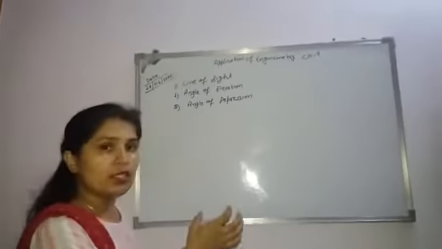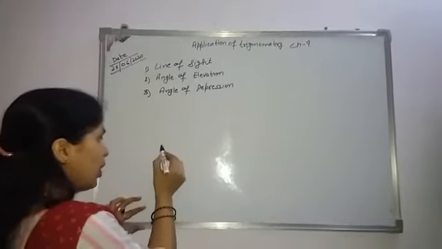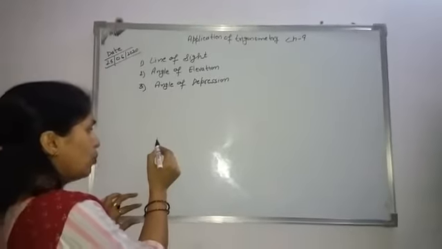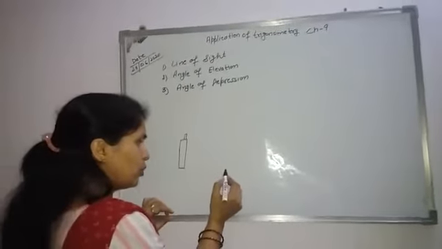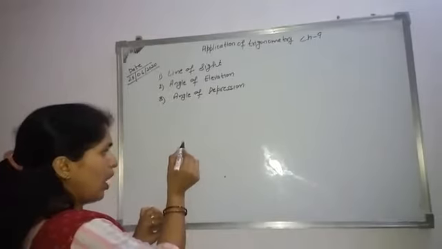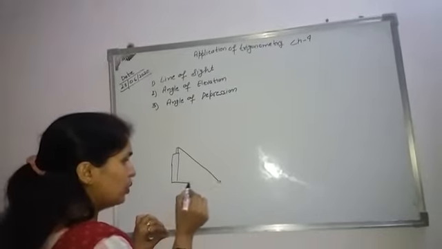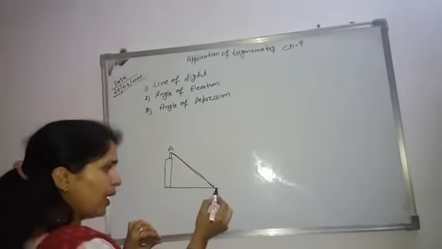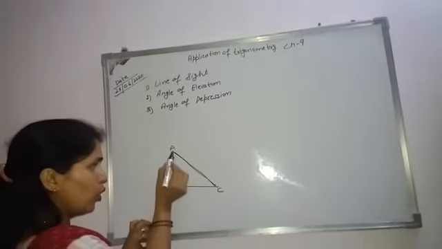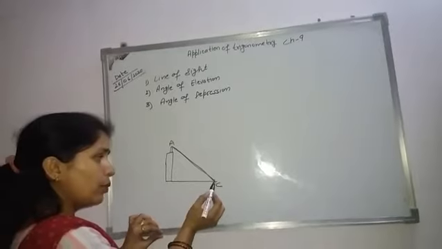Line of sight, and what is the use of this application? Now what is the use? Suppose a boy is standing on the top of this building. Suppose this is the building and the boy is standing on the top of this building. Suppose a car is here and we want to find out the distance from the boy to the car. This distance we want to find out. Suppose this point is A and this point is C. So we want to measure this distance AC, and always we obtain this value.